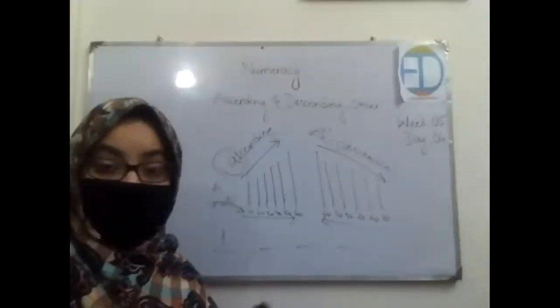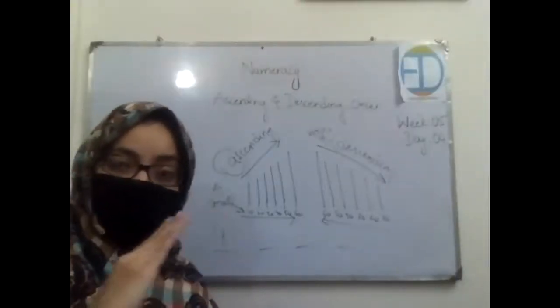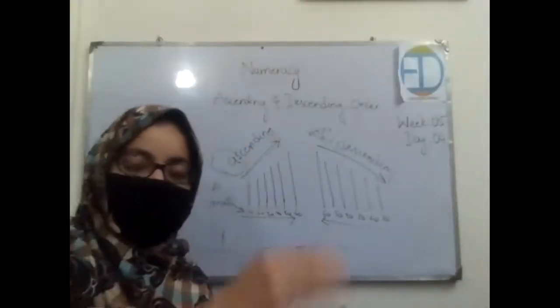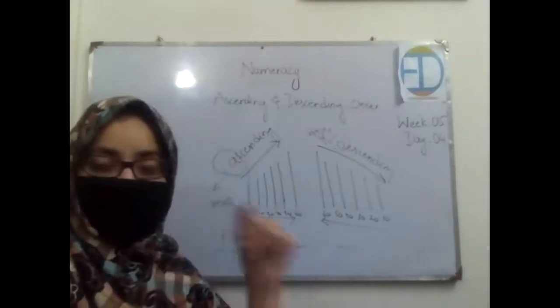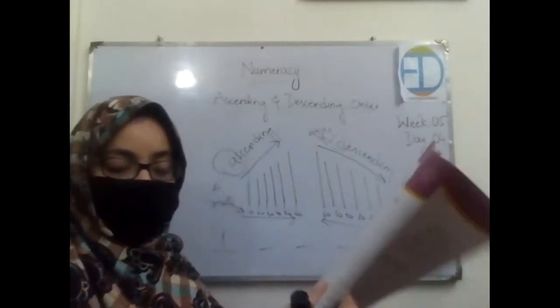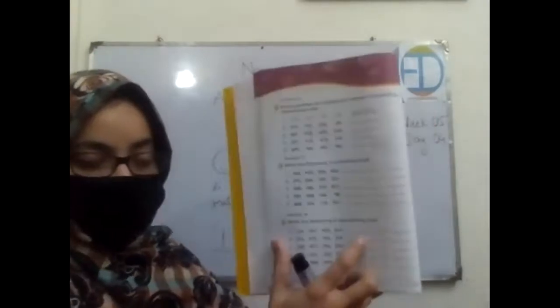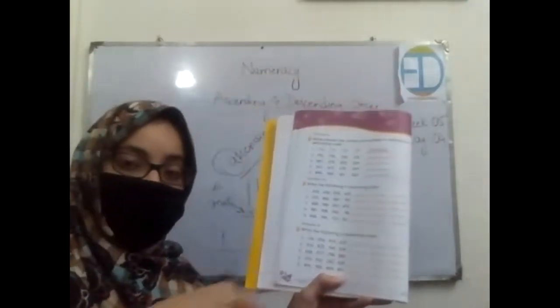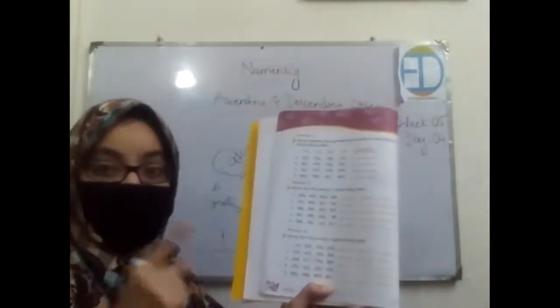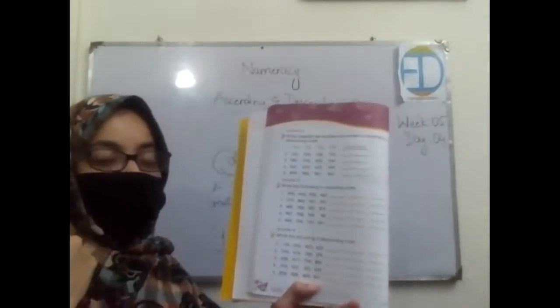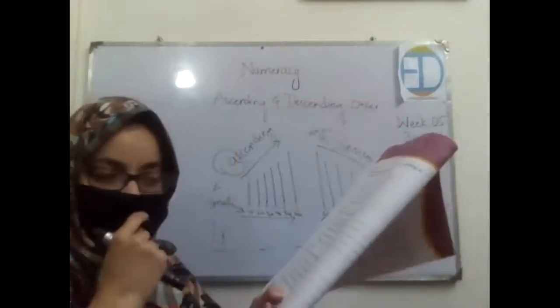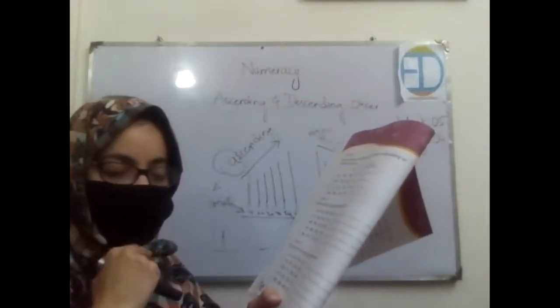Okay, class, the same is shown in the video as well, that when the arrows go up, this was ascending order, and when it goes down, it is descending order. Now you are about to solve the descending order questions. So the numbers are given to you. You would be doing the same practice: first look at the first digit of the numbers, then the second, and then the third. Okay, I'll be solving the first for you, and then you will be doing the rest by yourself.